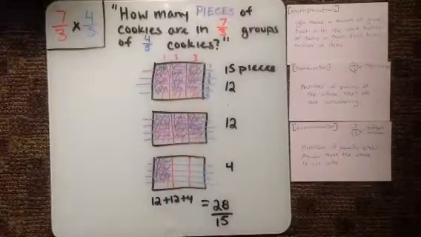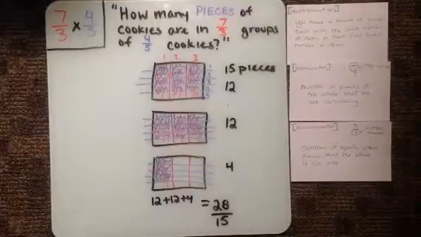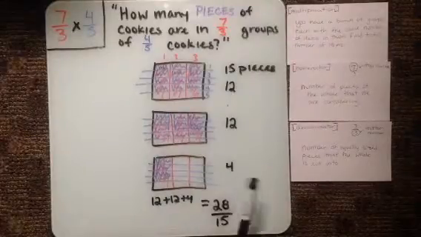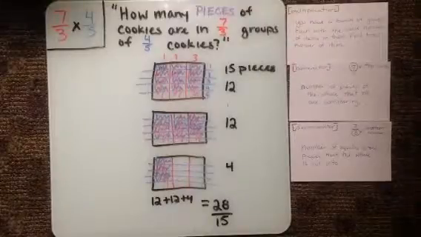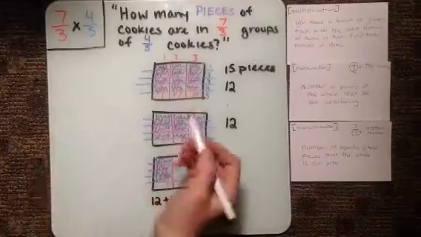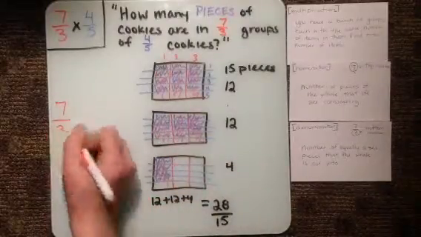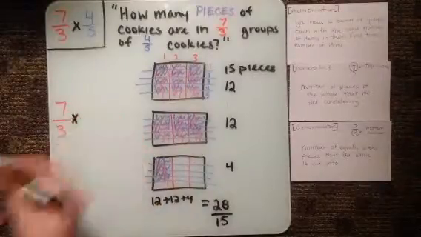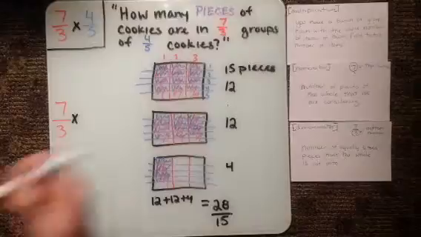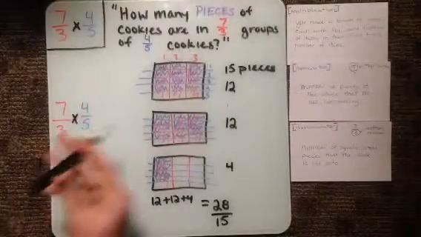So we have 28 pieces, and then in order to show this as multiplication without the picture, students can see that 7/3 times 4/5 is equal to